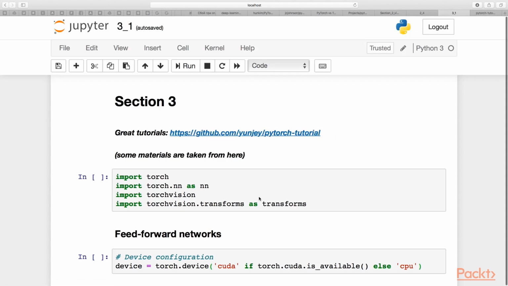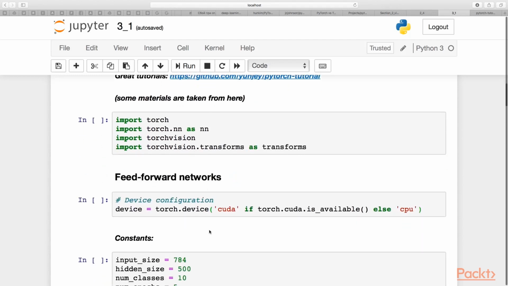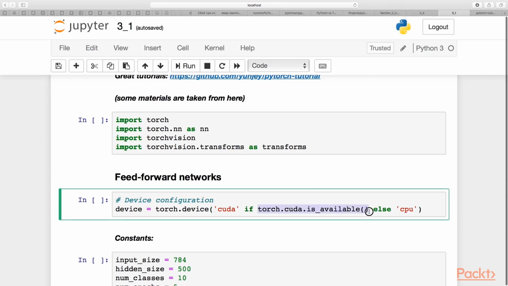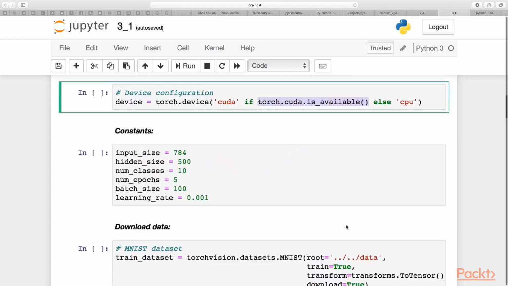And they're really cool. So if you want to look at some more advanced stuff, you definitely need to check it. Okay, so let's start with feed-forward network. First, of course, we need to import all the stuff like Torch, TorchVision, and everything else. Then we need to clarify which one we want to use, GPU or CPU. So if we have GPU, we'll definitely use it, and we can check it using this statement, torch.cuda.is_available. Okay, pretty clear.